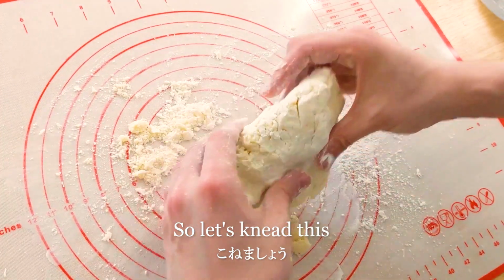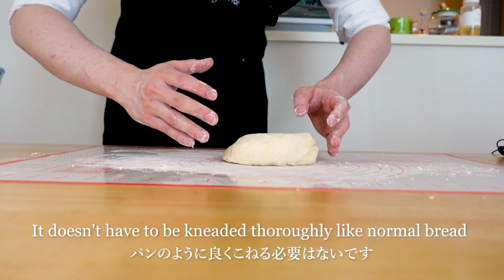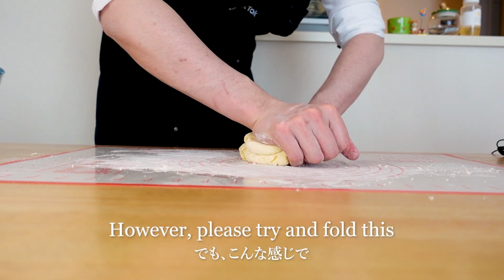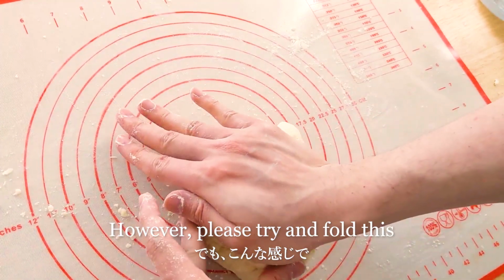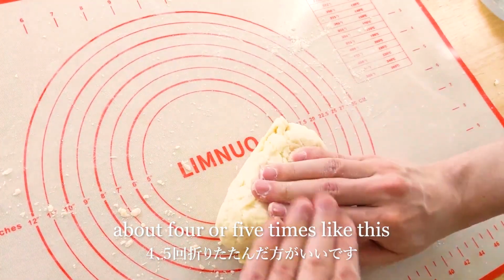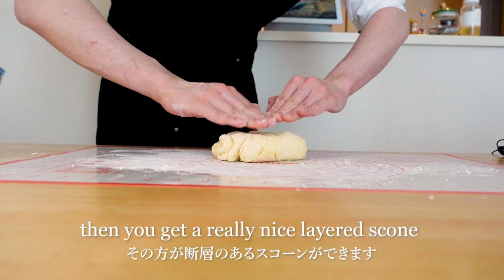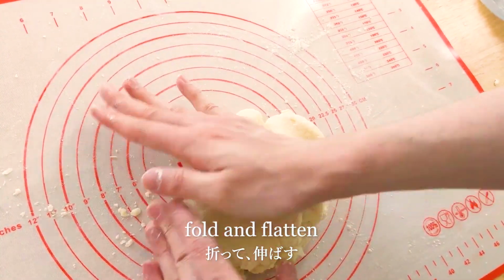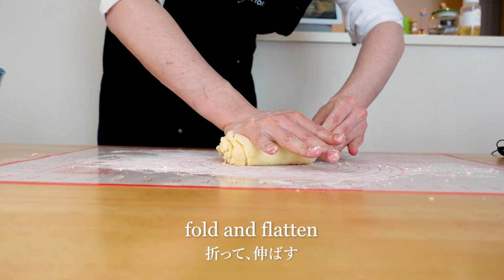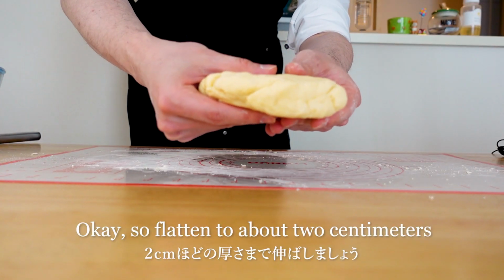So let's knead this. Okay. It doesn't have to be kneaded thoroughly like normal bread because it's scones. However, please try and fold this about 4 or 5 times, like this. Then you get a really nice layered scone. So fold and flatten. Fold and flatten. Okay, so flatten to about 2 centimeters